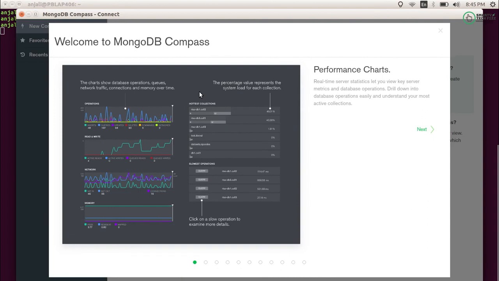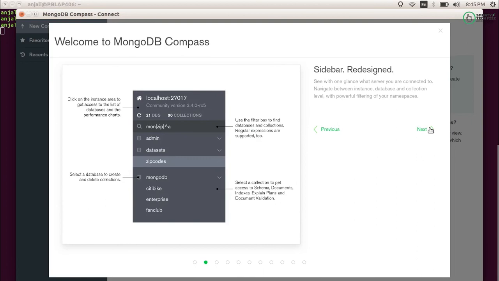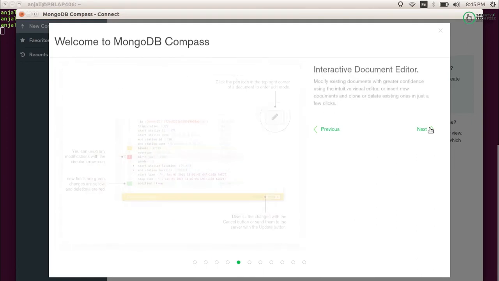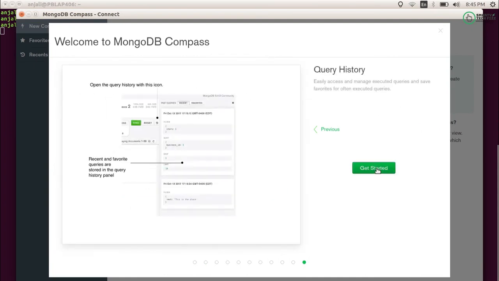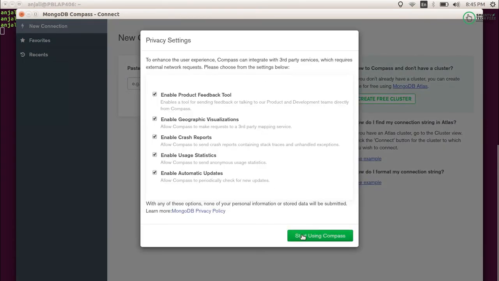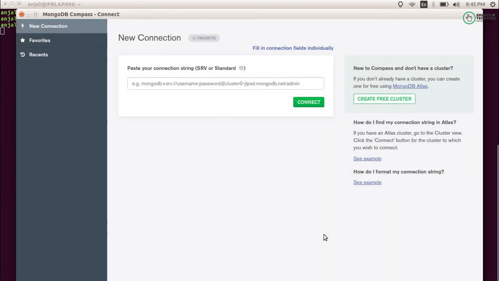So you can see it has been installed successfully and it is working fine as per the steps we have done. The next step is to go next, get started and start using Compass. You can see the enhanced user experience they have made here. So this is how you can install MongoDB Compass on your Linux system.